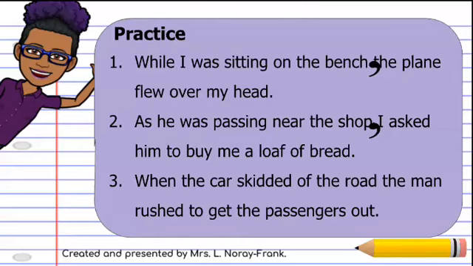Number 3, when the car skidded off the road, the man rushed to get the passengers out. So here we have our comma after road. So when the car skidded off the road, comma, first independent clause, the man rushed to get the passengers out. And our second independent